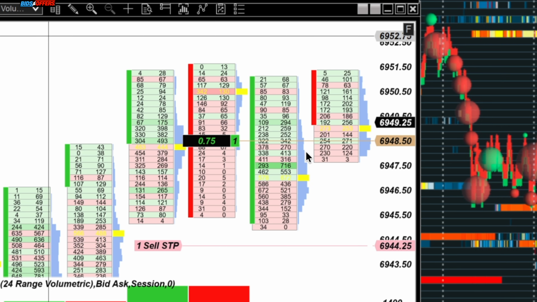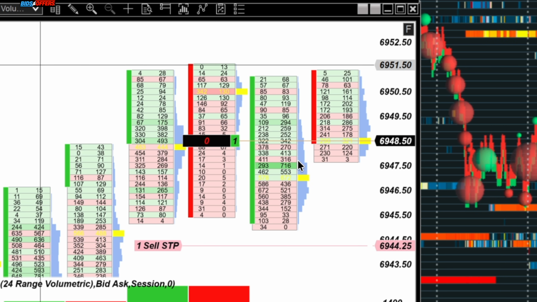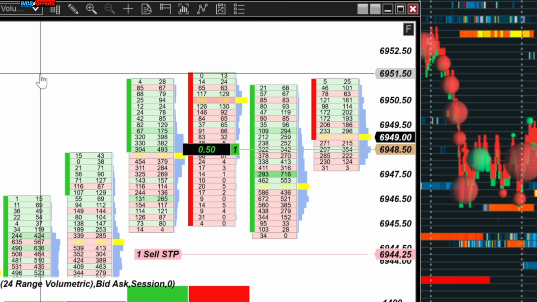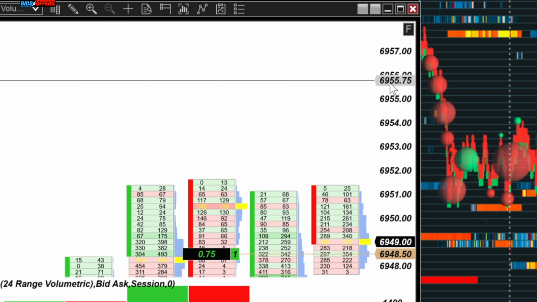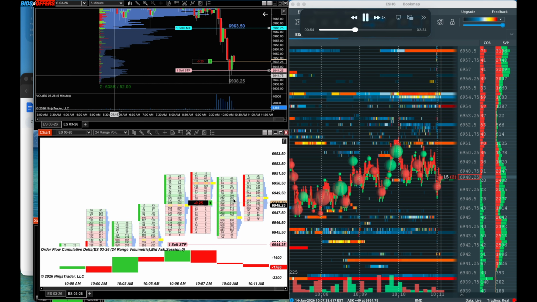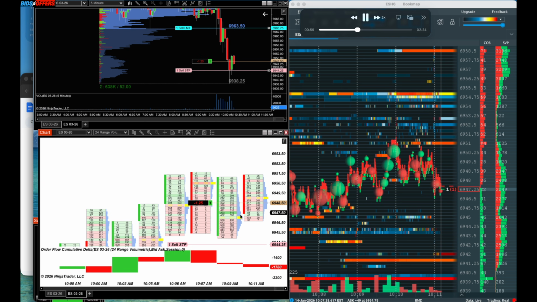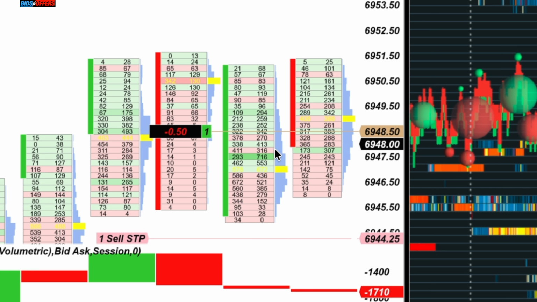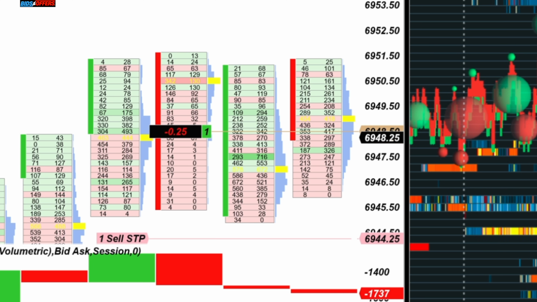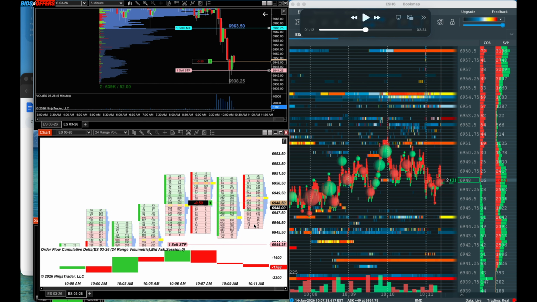Note how the market keeps flicking back up as it tries to sell off beneath these 47s here. The buyers show up on the tape, and the sellers try to give it one effort down, just like that right there, but the buyers are actually able to lift that right back up. Watch this volume tail start to form on the footprint here. Look at that lack of acceptance underneath that level. Now the tape is starting to speed up quite a bit. I'm not sure if you saw that over here, but the order book started to flicker a lot